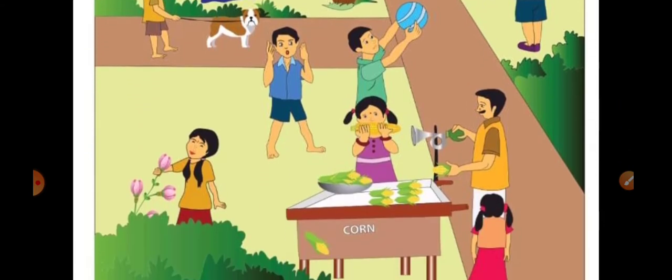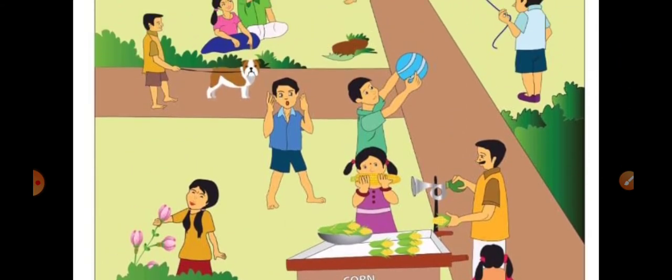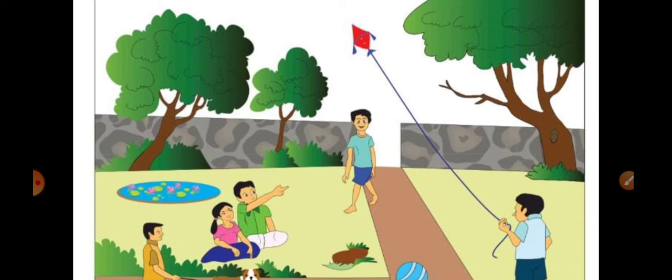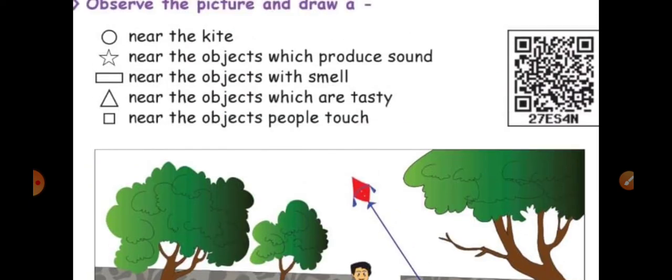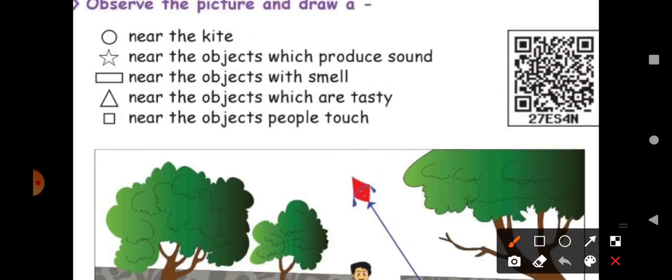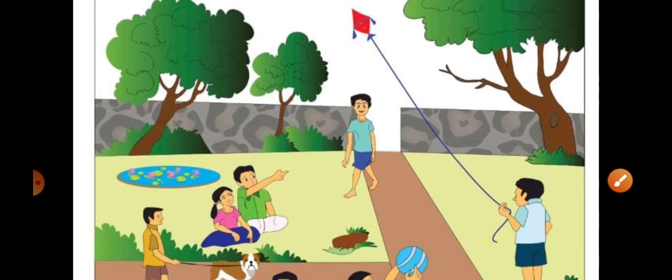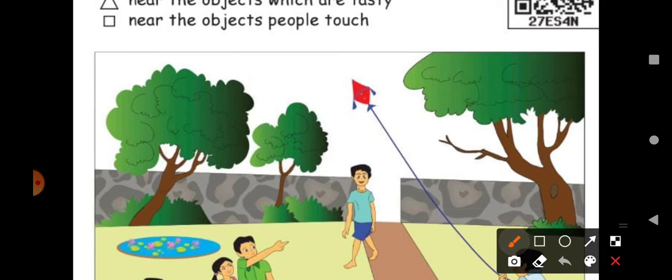So now let us move on to the instructions. The first one is you have to draw a circle near the kite. Where is the kite in this picture? We can see only one kite. Okay, so where is the kite? It is here. So what you have to do is you have to draw a circle near the kite. And then what you have to do is you have to draw a star near the